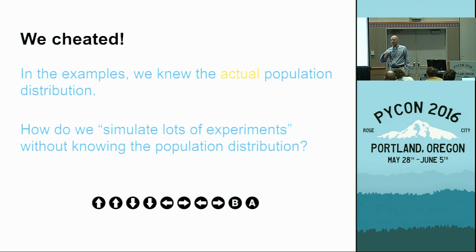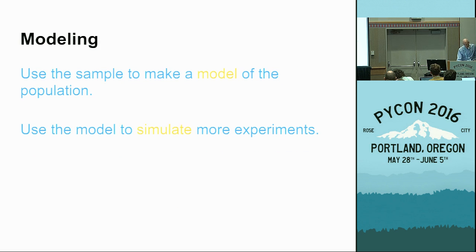So now I'm going to tell you how we do this, even if we don't have that prior knowledge, and we're going to take the actual measurements, use the measurements to create a model of the population, and then we're going to use that model to generate lots of simulated experiments. And that's actually pretty much all there is to it,